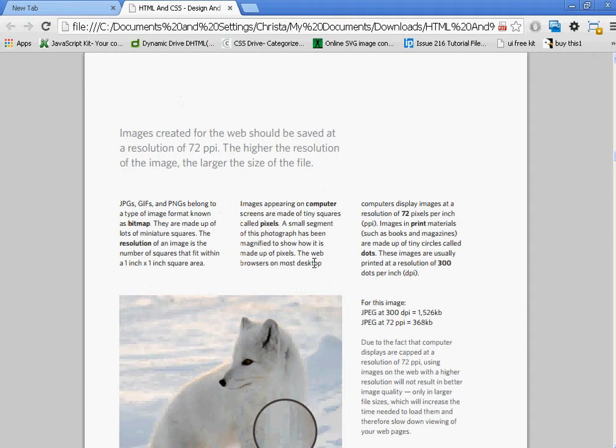So, computers display images at a resolution of 72 pixels per inch, whereas print media such as books and magazines are made up of tiny circles called dots. This image of this fox, as you can see here, is a JPEG at 300 dpi, and it is